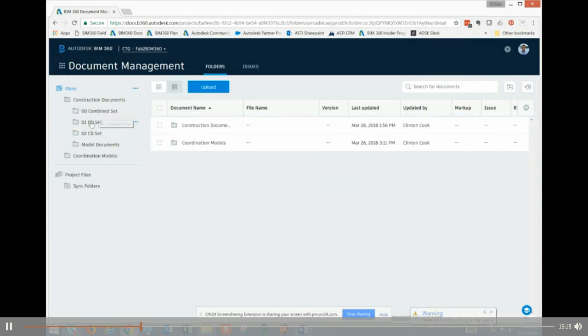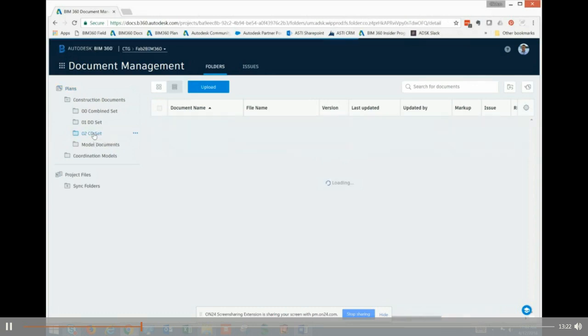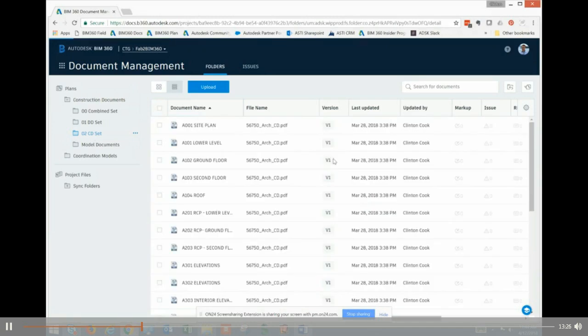So this is typically what you'll see. We've got our CD set here, and we've just posted the record drawings for the CD set. And you'll notice a couple of things here: we've got an individual file that we've uploaded. So I've uploaded one multi-page PDF, and that multi-page PDF has been split into single individual PDFs. And within those PDFs, we actually have